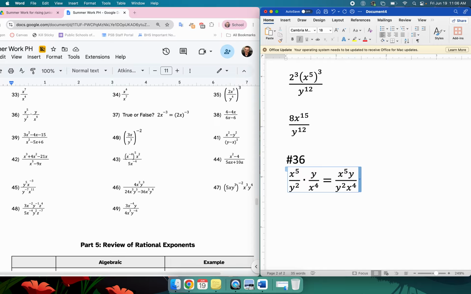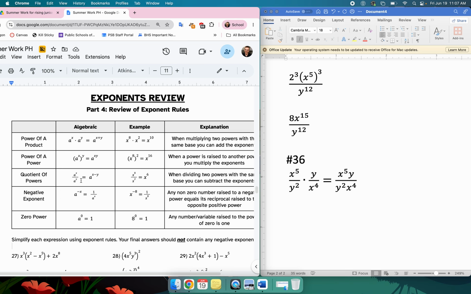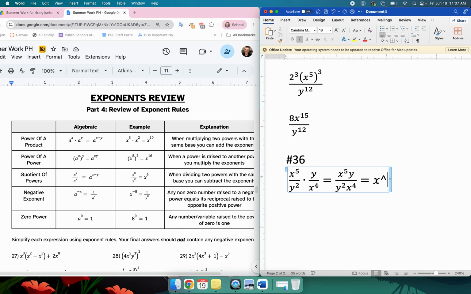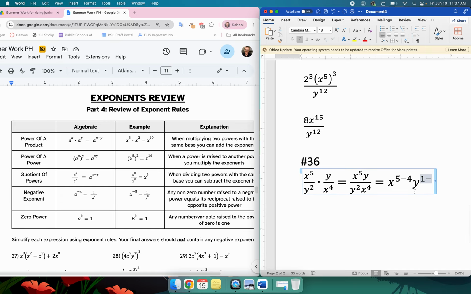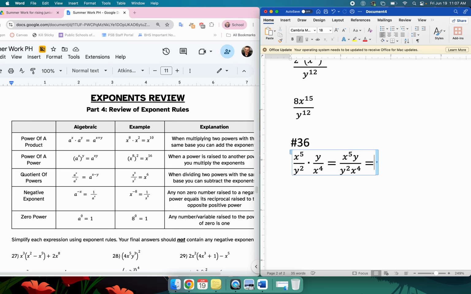And then what I would do is think about cancellation. You could view this as a situation in which you should apply this rule right here, where you subtract exponents. You could say to yourself, this is like x to the 5 minus 4, y to the, well, there's y to the 1 here, right? A plain old copy of y is y to the 1. So I have y to the 1 minus 2. You can view it that way, but as I explained in number 34, I prefer instead